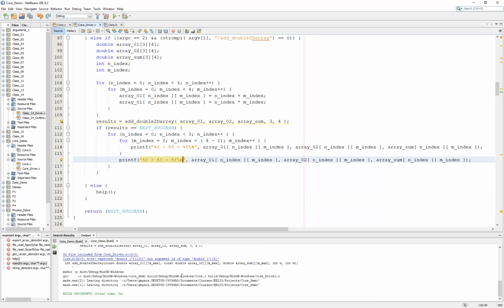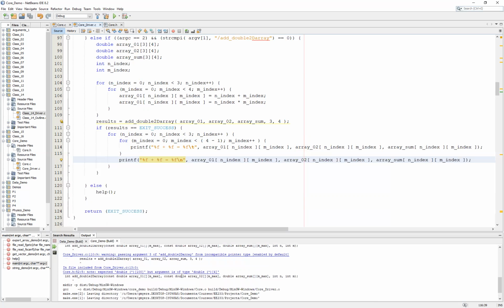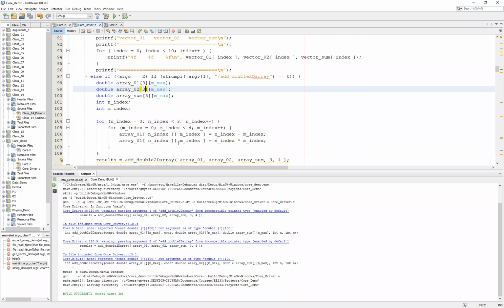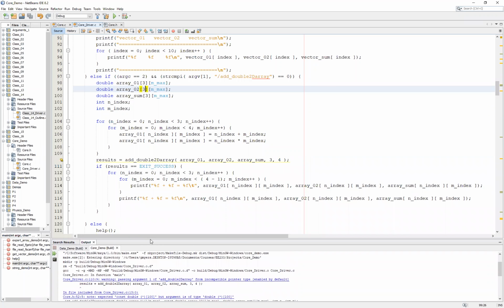We also seem to have some errors here. It stems from actually how we declared the arrays up here. I hard coded these values. Instead, we actually have to specify the m max as the number of columns because we indicated that was the size of the array in our function prototype. This will allow for us to get rid of one of our warnings. The other ones we're actually going to ignore for this example, and we'll come back to in a later example. And so if you go ahead and build this real quick,